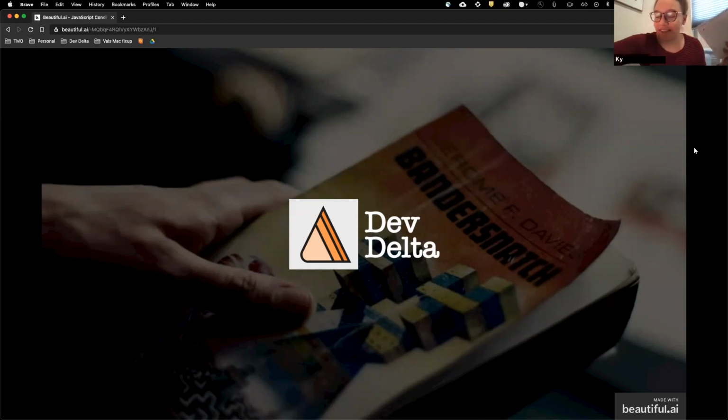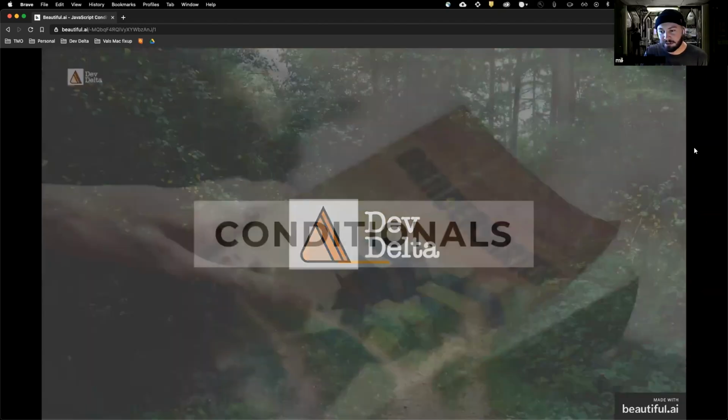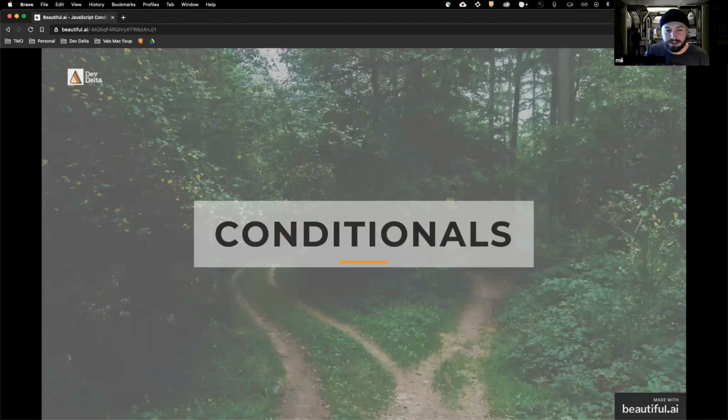But yeah, so we are going to be talking about conditionals. And conditionals in JavaScript allow our code to make decisions. Everybody here might already be pretty familiar with it, but we're gonna go through it baby steps anyway. They are things we can add to our code where we can put in a certain input and then our code can make a decision based off of that input, which is really where our code starts